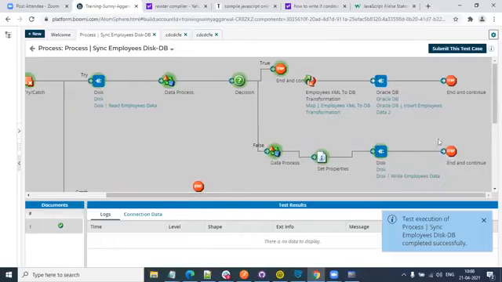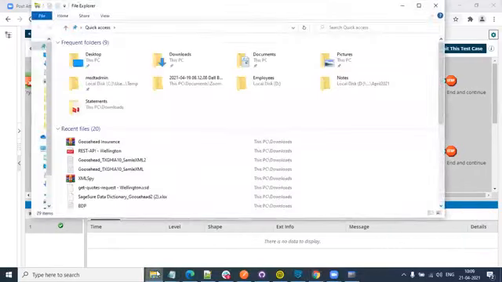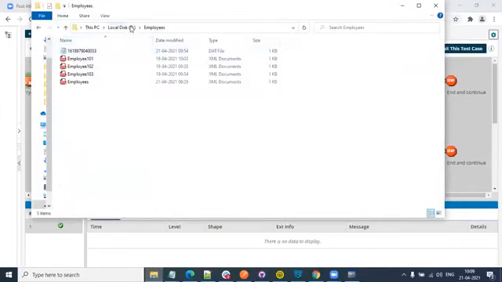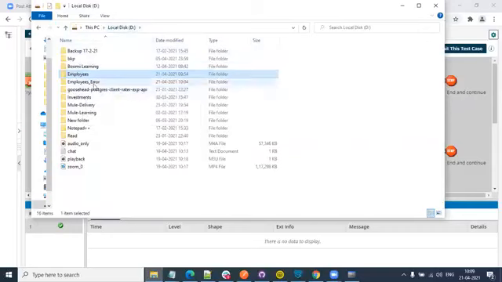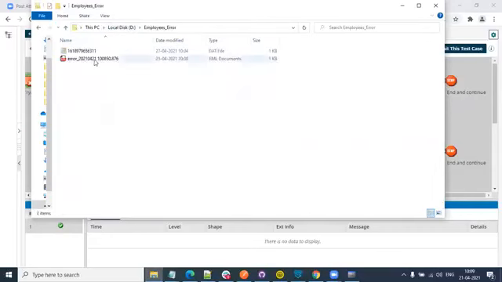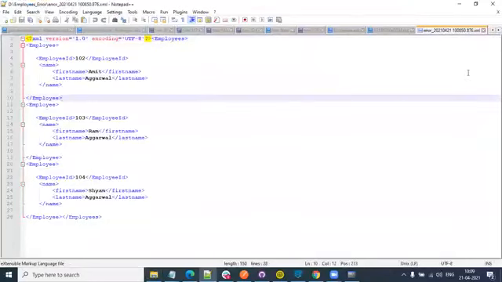Now everything works absolutely fine, right? What we'll do is we'll go back to the D drive. Okay, there is a directory employees underscore error. Can you see an XML file now? Error underscore date and timestamp, and this time the extension is XML. I right click on this and say edit with Notepad++, and you see the correct data, which means now